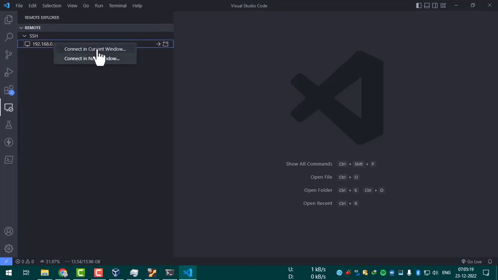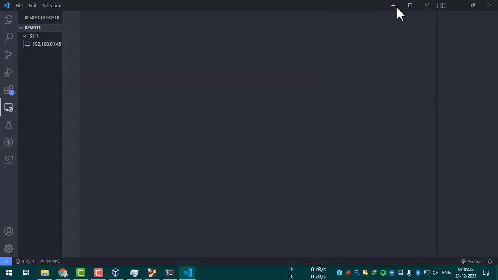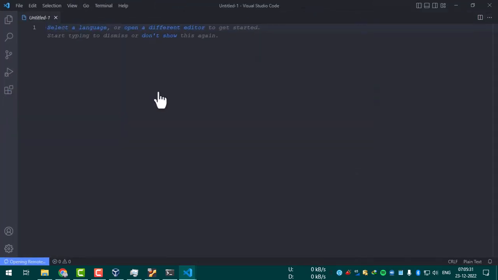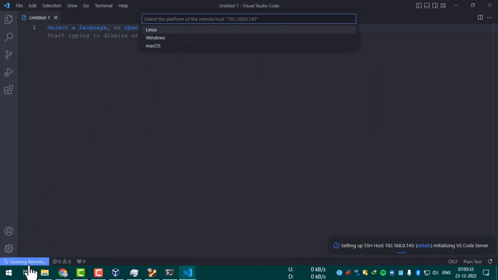So right click it and connect in new window. What it does is, it will open a new Visual Studio Code session with all your extensions and settings, but you can develop inside the remote VM. Now you can see it is connecting to the remote VM. It is asking what type of VM this is, Linux or Windows. Click on Linux, and it is asking for the password for the user T. Enter it,